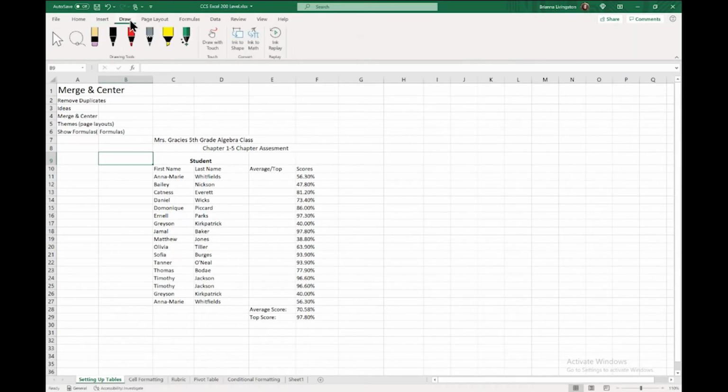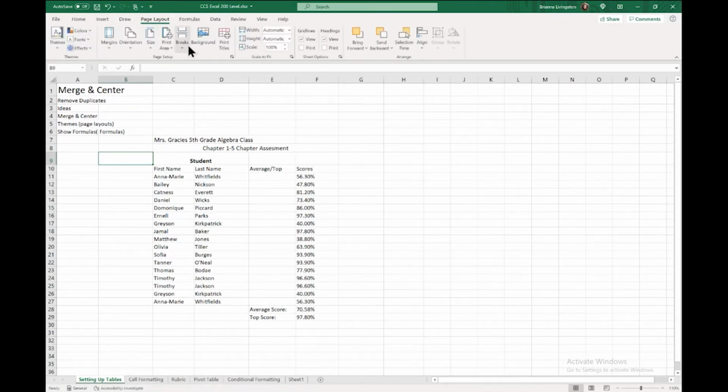Drawing. You may not see this if you don't have a touchscreen device. You will not see this tab. I happen to have one, so this tab is available to me, but if you're looking on your computer and you don't see it, it's likely because your device is not touchscreen or it doesn't have pen support, meaning there's no pen that is supported by the screen. I have heard of some people not seeing this while having those two things, but I don't have an answer as to why that happens in particular, but we won't talk about this too much today. Page layouts has everything to do with your orientation, page size, grid size, all that good stuff.